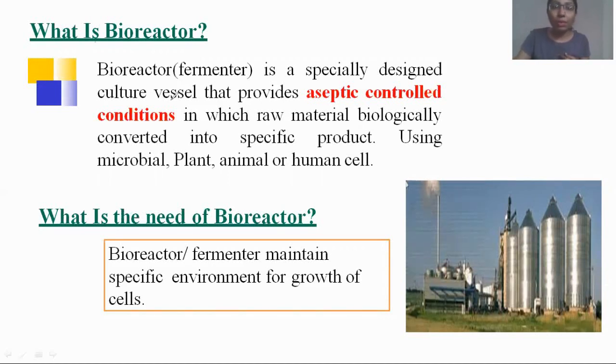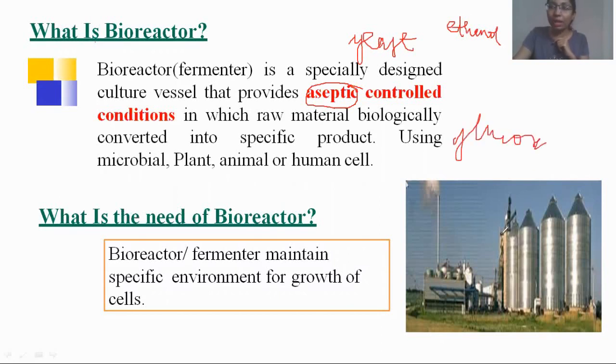The main purpose from the biological point of view is that it provides suitable, controlled conditions, and those conditions are aseptic in nature. Aseptic means whatever microorganisms you have inoculated, they are the only ones going to work over there. No other outside microorganisms can grow in there and change the conditions. For example, what do you understand by this word aseptic? It's like you are using yeast for the production of ethanol from glucose.